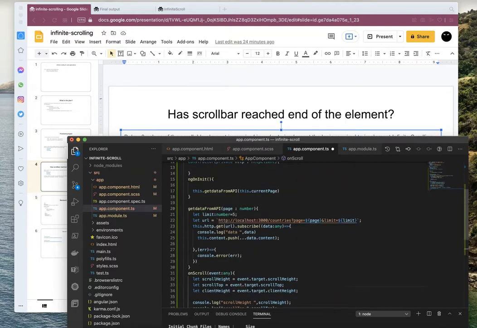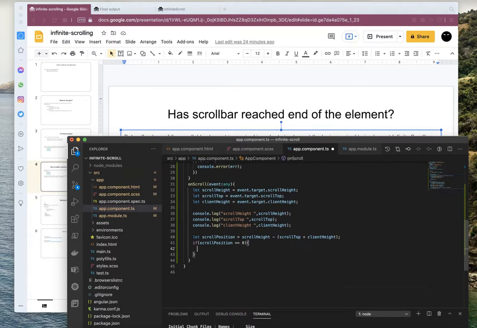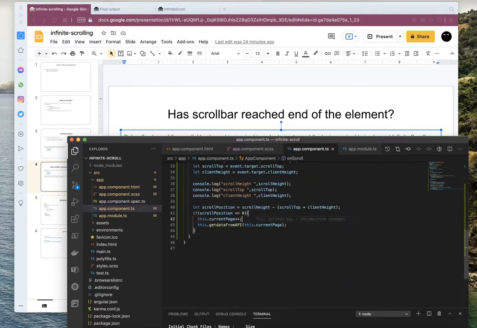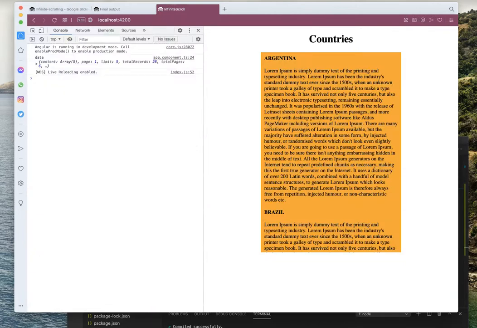If scroll position is 0, we'll invoke this API. Current page. We have to increment the page and then pass it to the method. So let's view the output.